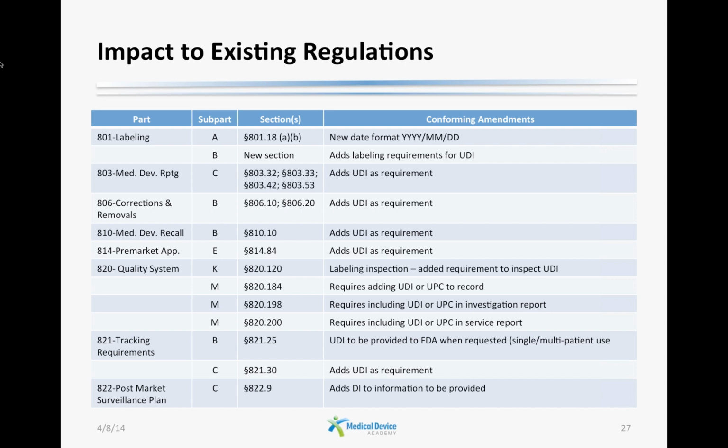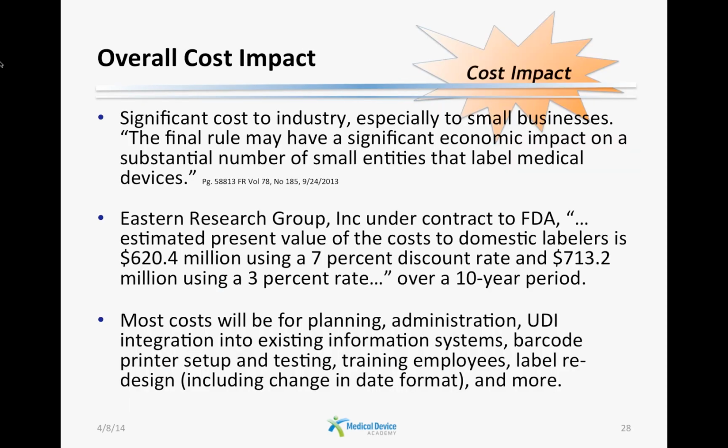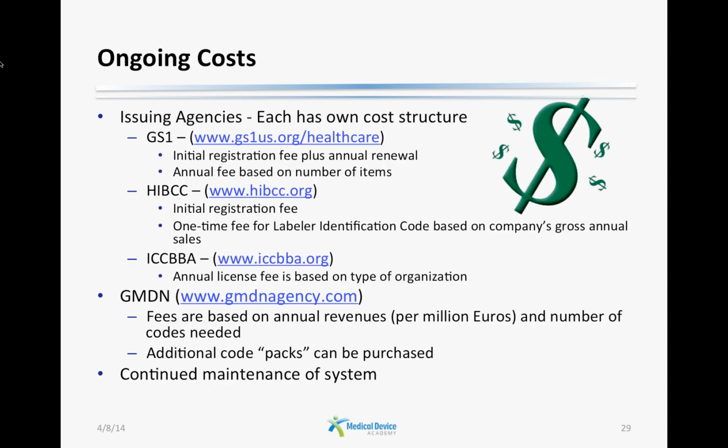This new regulation is not without its costs, some of them significant, especially to small medical device labelers. Eastern Research Group estimates it will cost the industry between $600 million and $700 million over a 10-year period. Most costs will be for infrastructure. There are also ongoing costs, from paying initial and annual fees to the issuing agencies and/or the GMDN agency